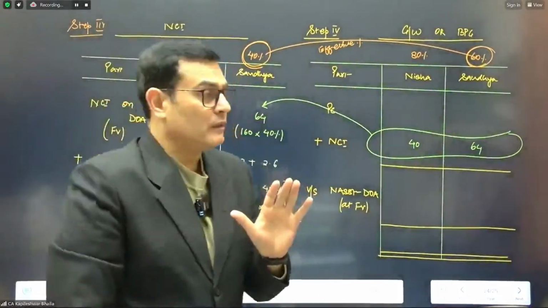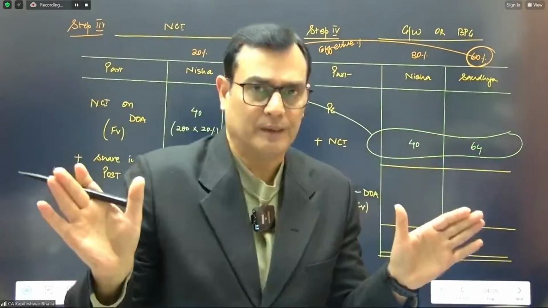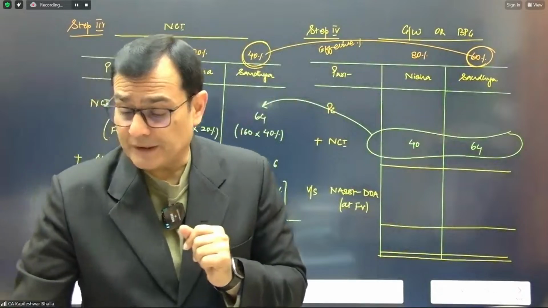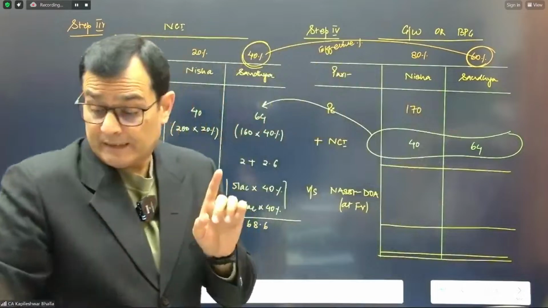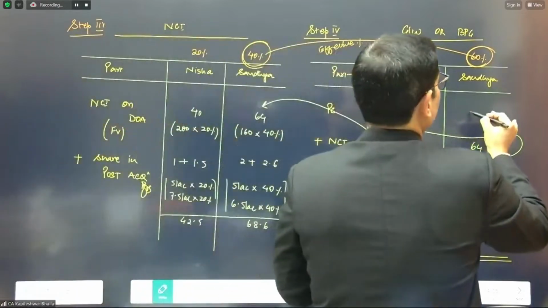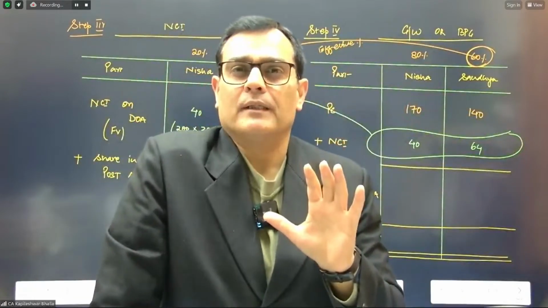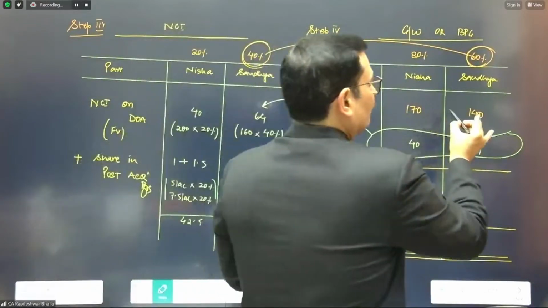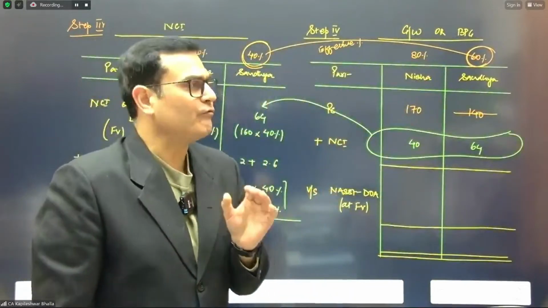Now let me come back to the goodwill, though my NCI calculation is still pending, but let me first concentrate on the goodwill. Now let's see the investment in the balance sheet. The investment in the balance sheet in Usha is appearing at 170. The investment which is appearing in the balance sheet of Nisha is 140. Now, I will first tell you what is to be done. Don't get worried. The logic will also be given in detail. I cannot afford to take 140 out here.